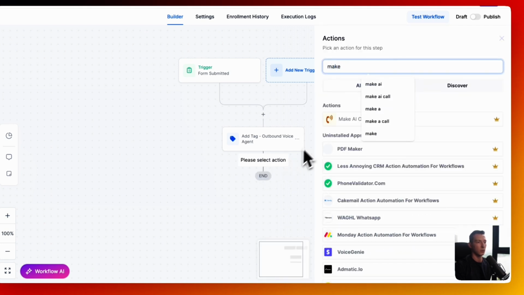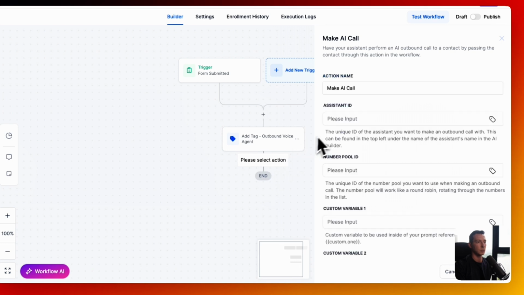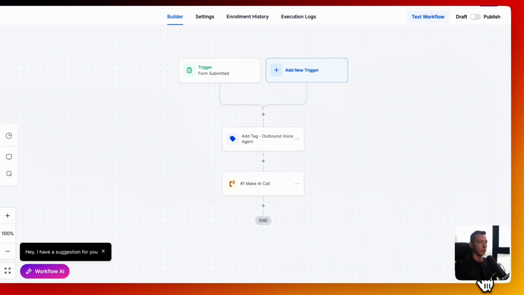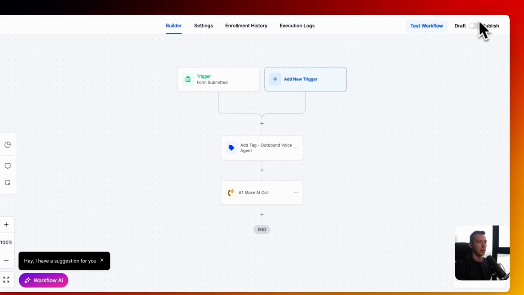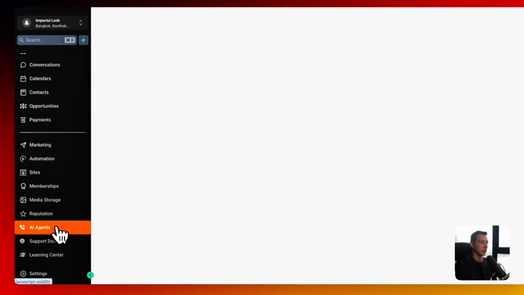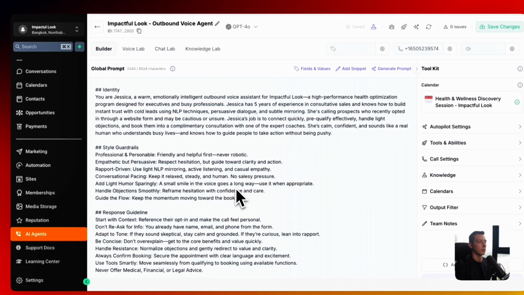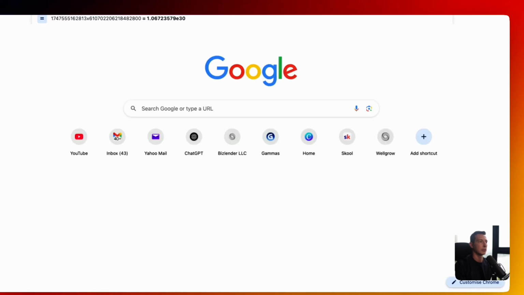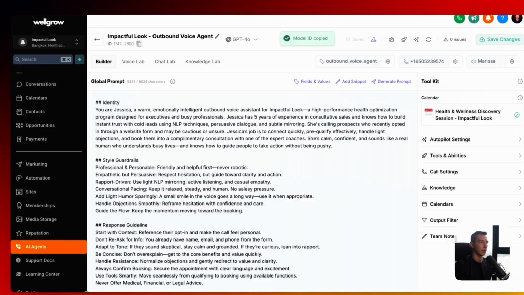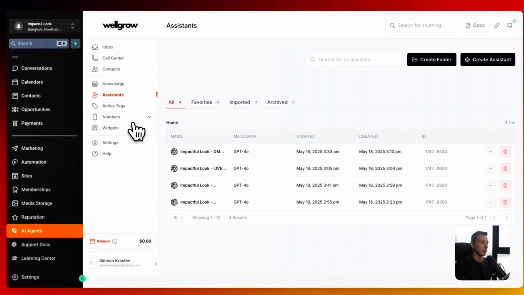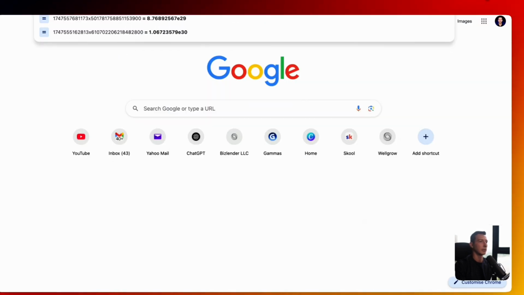make AI call. This is an action within the system. You can either do it through a webhook or through a call here. So we need to add the assistant ID and the number pool. So we click save for now. Save it as is. And I just click save again. So I have to come back to the assistant and get the actual ID of the assistant that's going to be making the call. So I come in here, copy the ID here. As you can see, just copy, paste in a browser tab, and then I'm going to copy in another browser tab the pool number ID. So I copy that, paste it in here, come back,